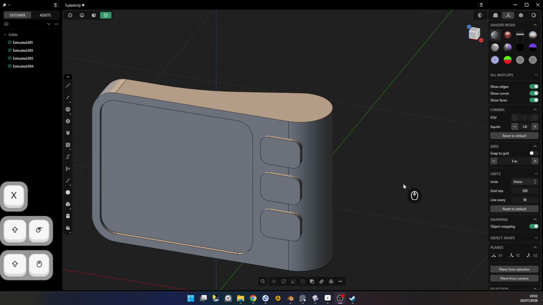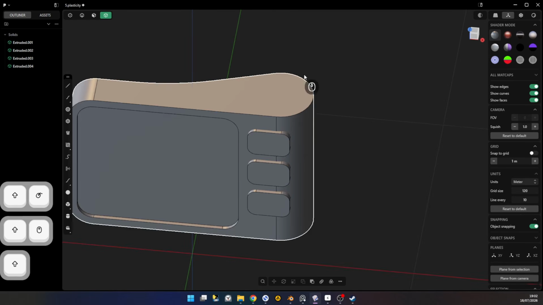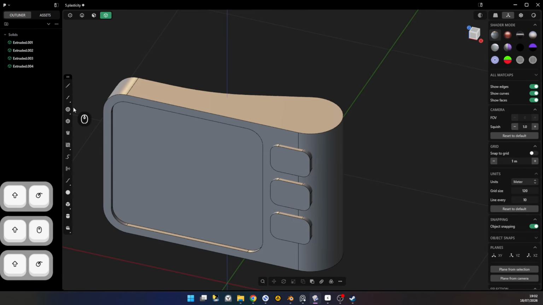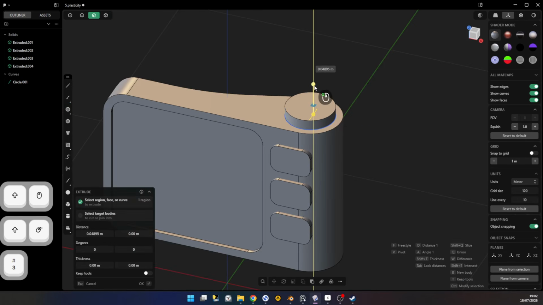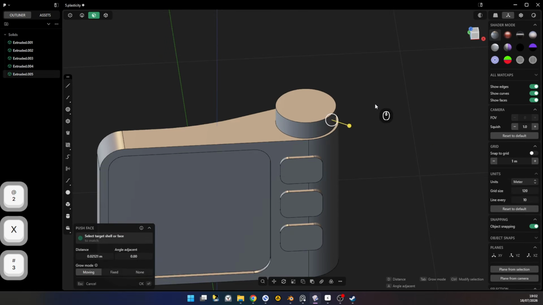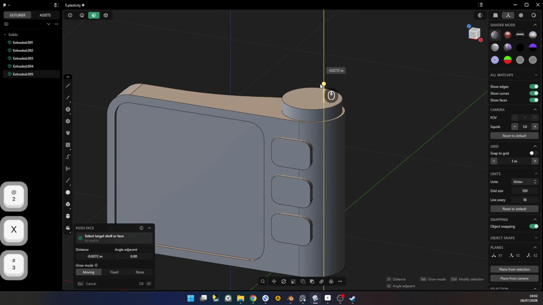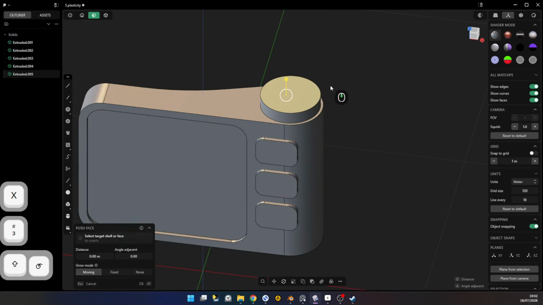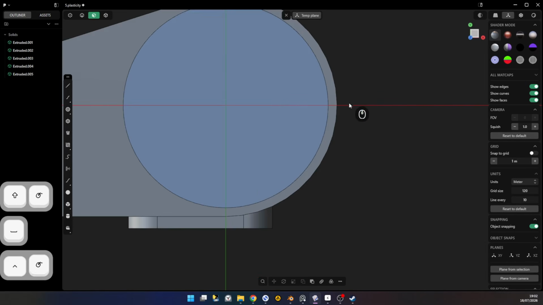Now I want to show you another array, the radial one, and for that I'm gonna do the scroll knob on the top. So I'm gonna use the center circle, extrude it, and slightly adjust it. Okay, and in order for me to draw exactly on that plane and automatically align the camera, I'm just gonna press the spacebar and